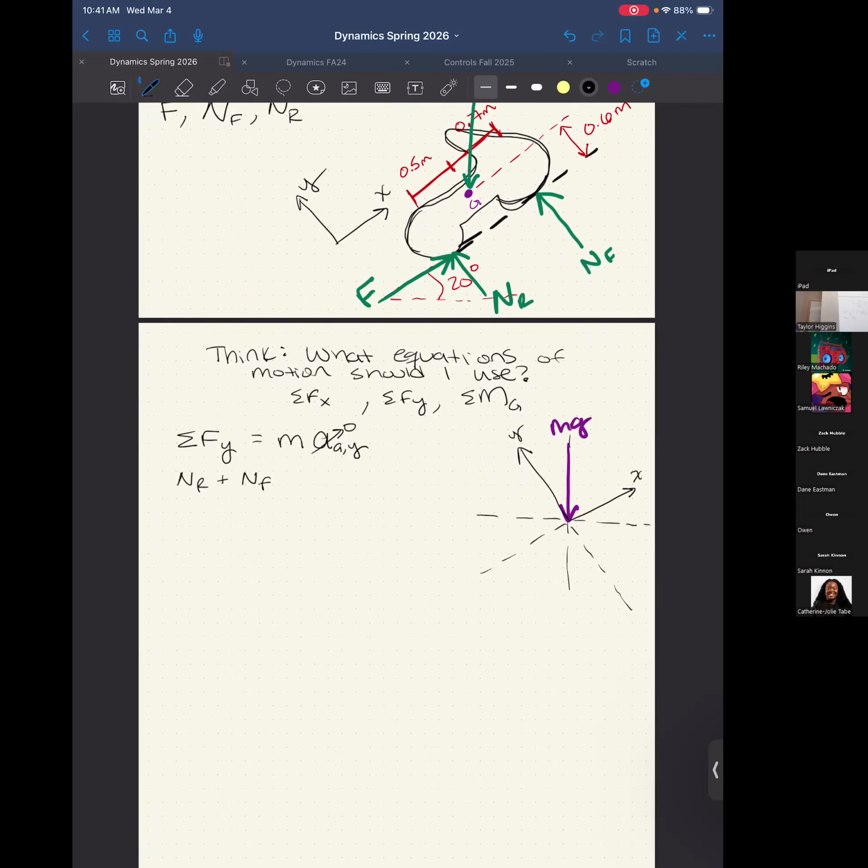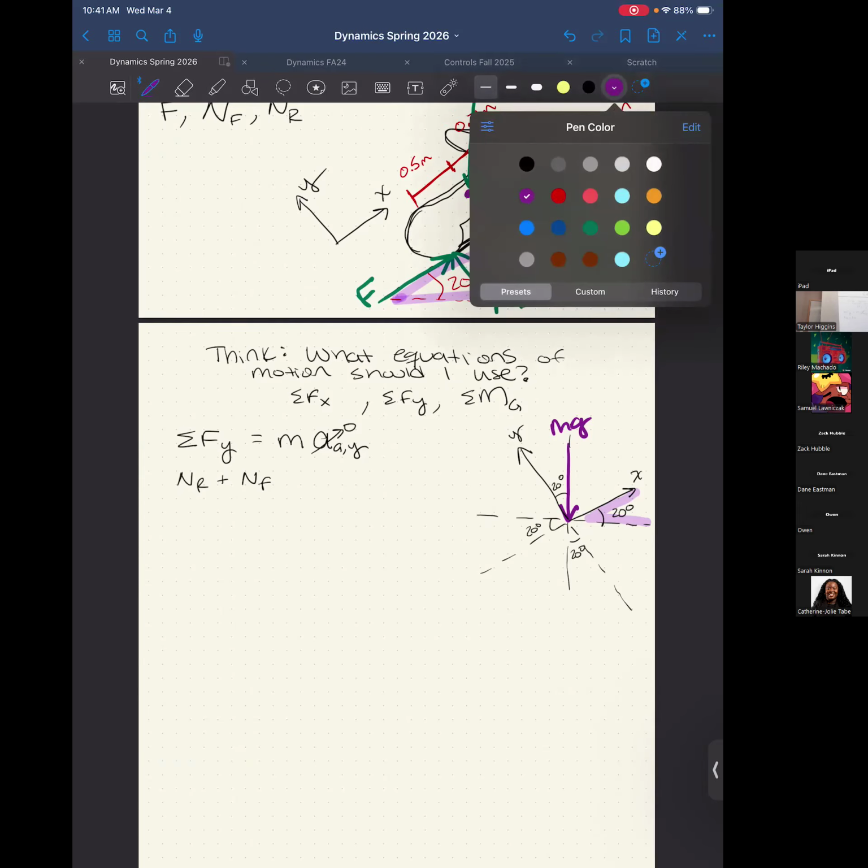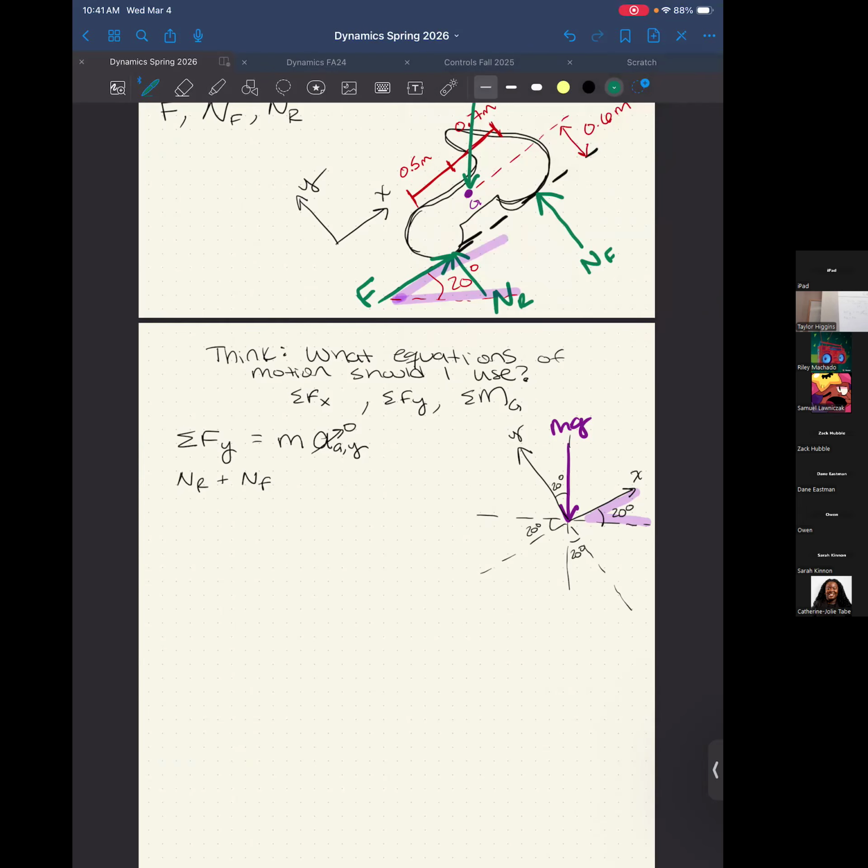X is just a single direction. I need it from flat to positive x, right? If you squint your eyes just a little bit, this looks like this, right? So this is where we put that 20 degrees. And then every other wedge is the same angle. So this wedge will be 20 degrees. This wedge will be 20 degrees. This wedge is 20 degrees. Okay. So then I want to draw the right triangle